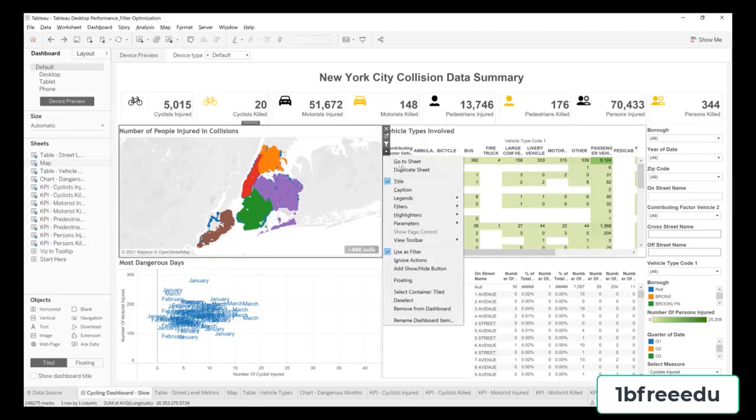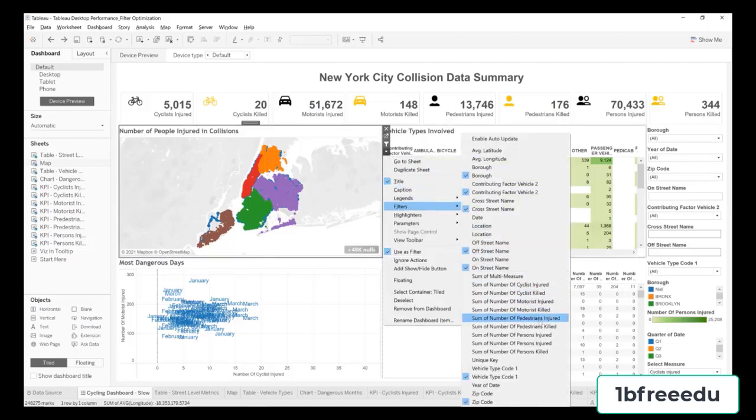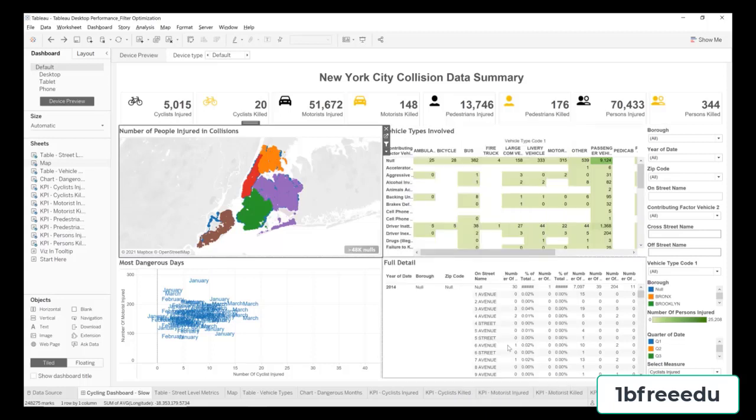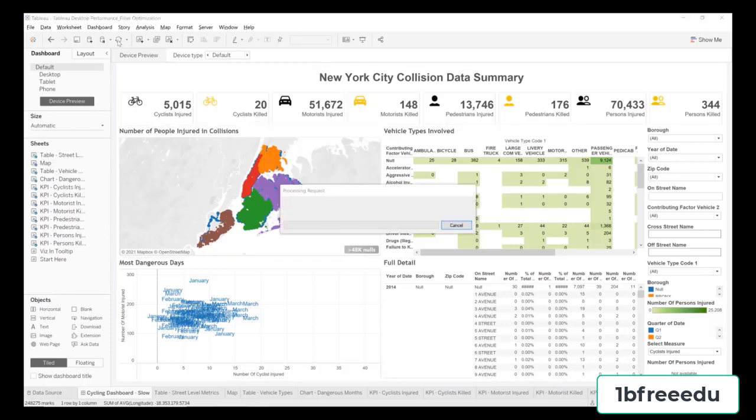All right, so we'll just go ahead, hit our caret, filters. We want sum of number of persons injured. I'm going to want the second one. The first one, that's a table calculation. Can't really tell that from here, but I just know that because of this workbook, so we'll click the second one. Okay, and we'll just click off of our main view of our dashboard, and we'll hit the little refresh